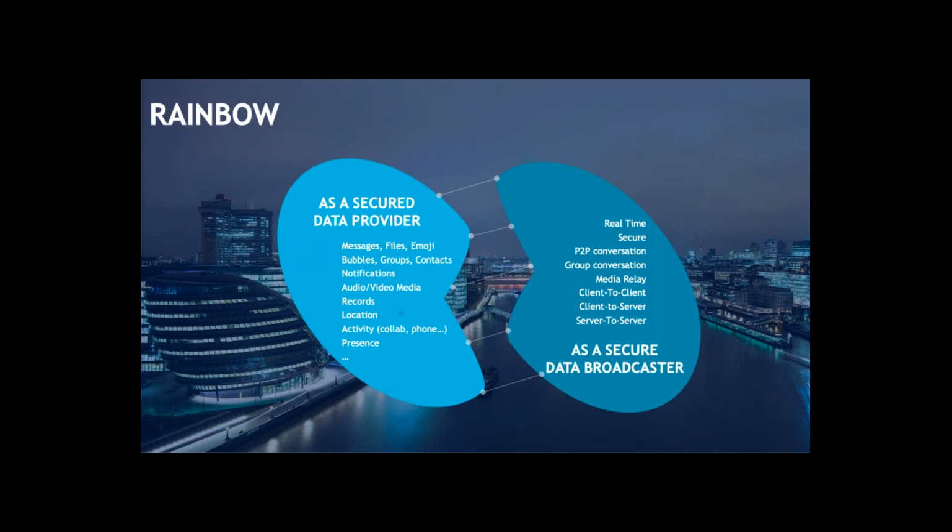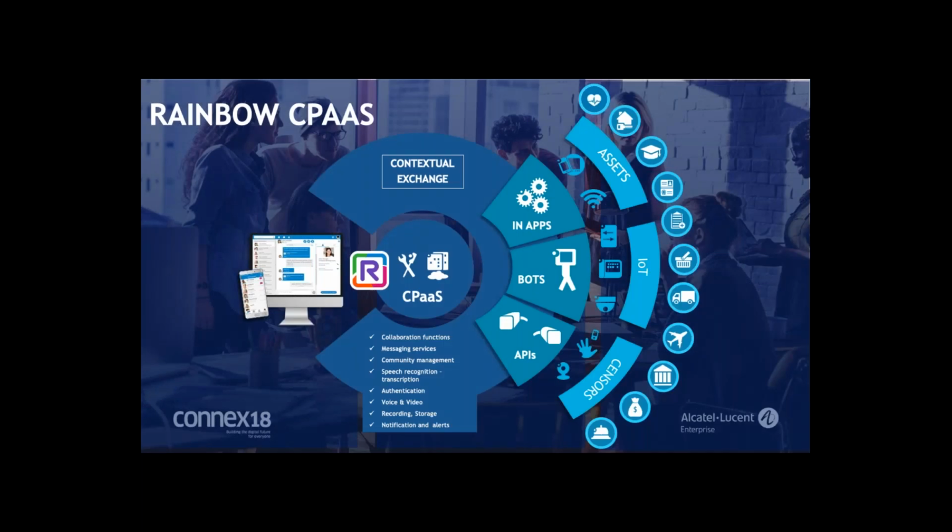So this digital transformation of our company became real because Rainbow is not just an application. It is a platform first, and more than that, a communication platform as a service, CPaaS. It means that Rainbow offers API and SDK that you, developer, can use in many ways to integrate collaboration features like instant messages, video call, notification, and many others in your application and your processes.